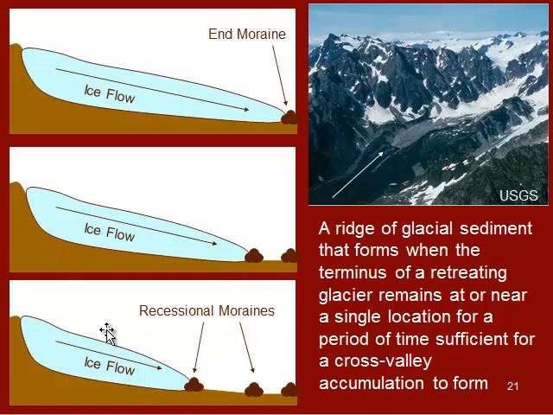Well, this is the material that's building up at the end of a glacier. We have these recessional moraines that can form. So here's our ice flow. We get the debris melting out. When this glacier is